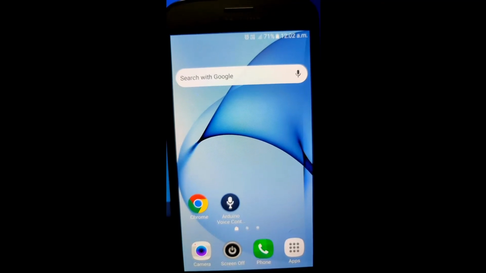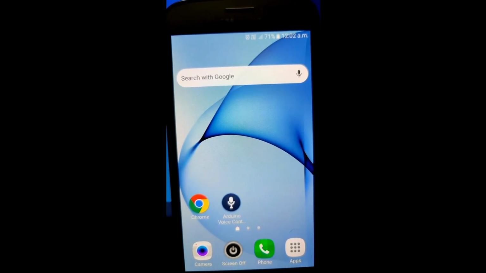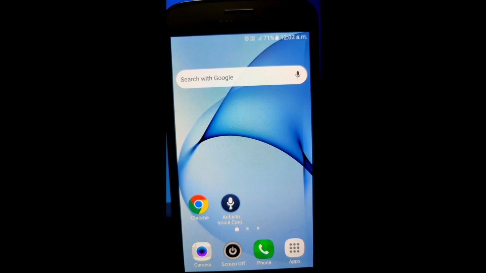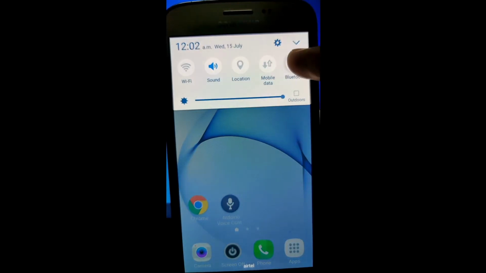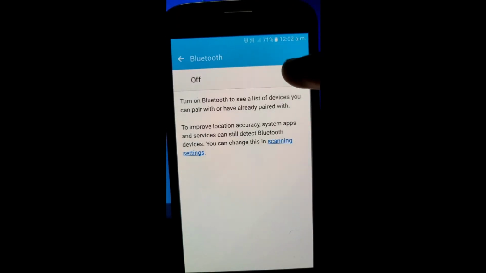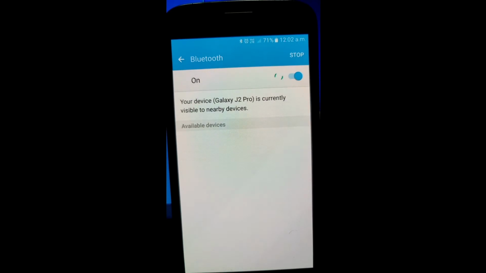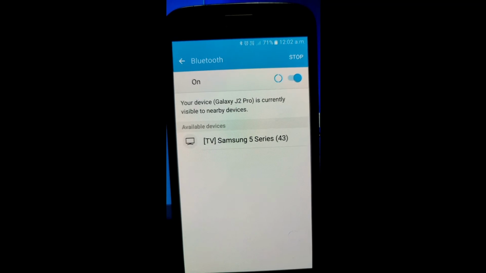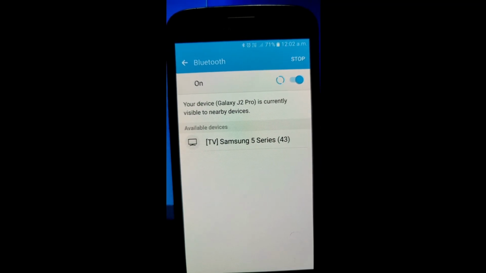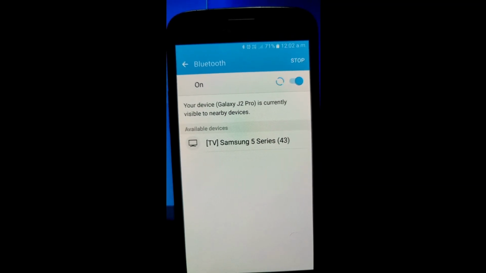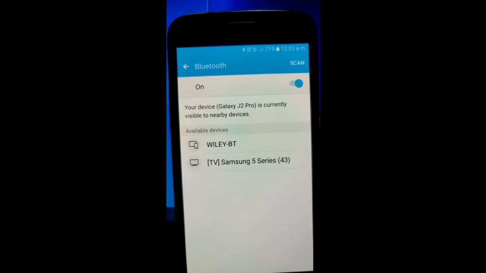We have already installed this app. Just open the app. Arduino voice control is the name of the app. The moment you open it, you need to enable the Bluetooth as well, because the entire operation is happening through Bluetooth. You can see that it will start searching for the devices nearby, and Samsung TV is listed, and then the next device that I have is going to be listed. Once it is listed, you can pair with it, and that's like the traditional pairing work that we do. Once you pair it, that's all.